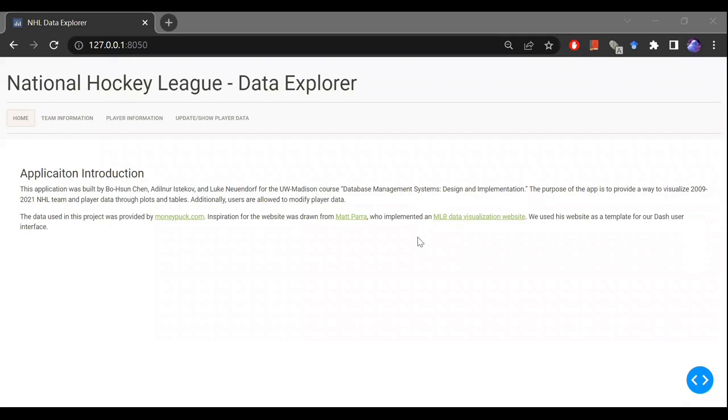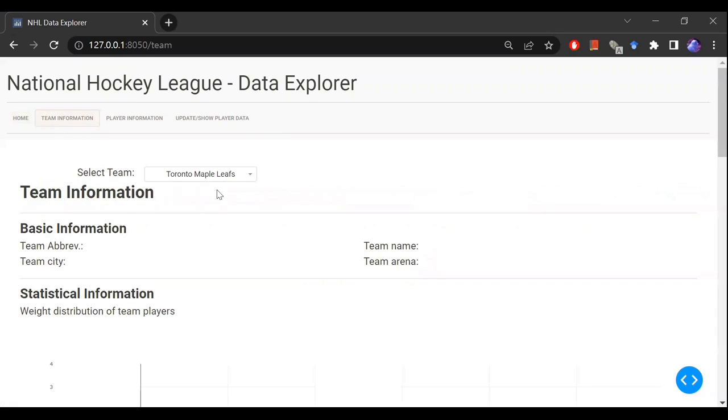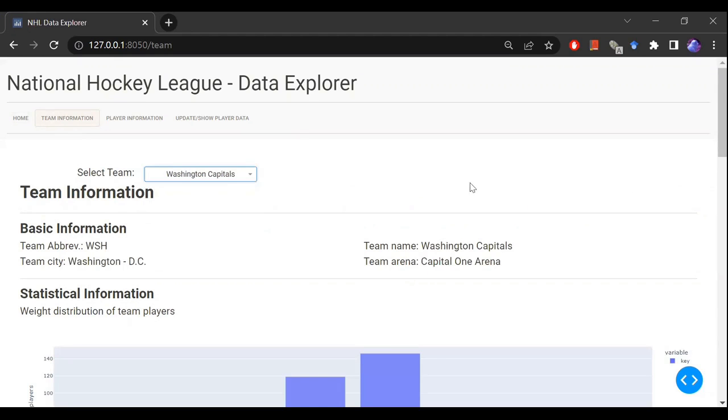Okay, next, let me introduce the interfaces of this project. The interfaces are implemented in website format by using Python Dash. And firstly, we can see here are some buttons that we can use to go to the interface to show the data. Firstly, in the team level information interface, after selecting some specific team name like Washington Capitals, it shows